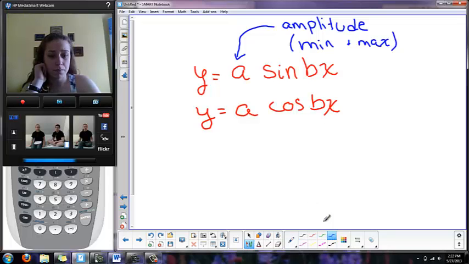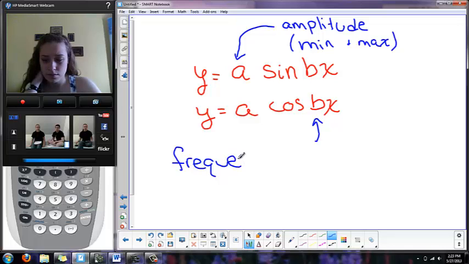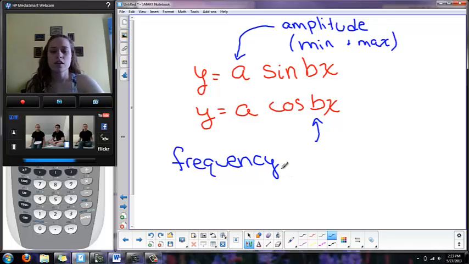The b, which is the number right next to the x, we call that the frequency. Okay, the frequency. So think about what frequency means in the English language. Frequency means like, with what frequency do you go to the mall? How many times do you go to the mall in a week? Frequency is how many curves you see between 0 and 2 pi. So frequency represents the number of curves,